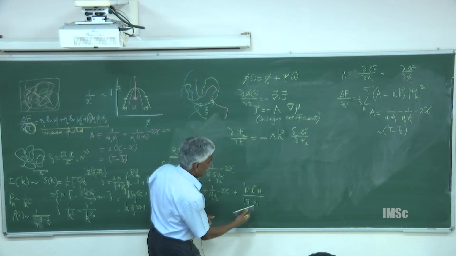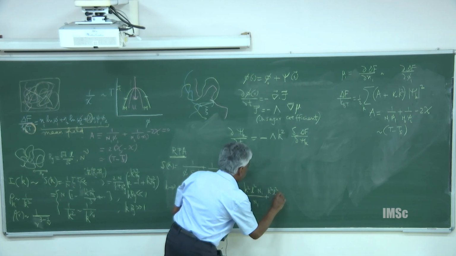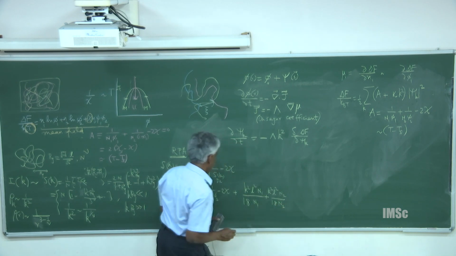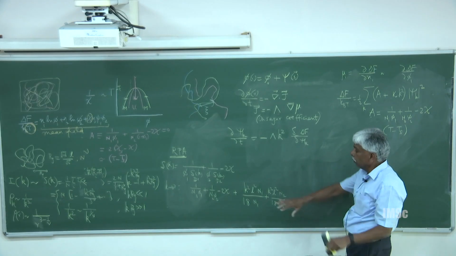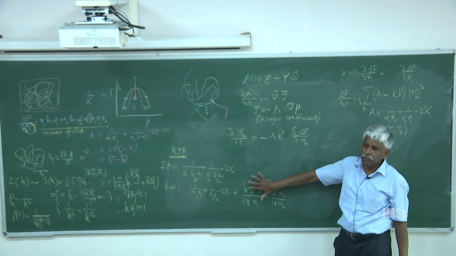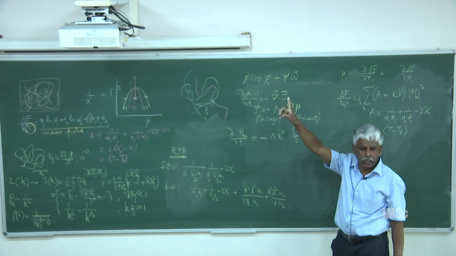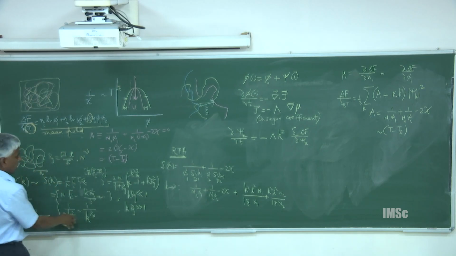Similarly, for the other component. So, therefore, I could rewrite this n, okay. Similarly, for that component k square L square n2 divided by 18 n2. So, if you have particles, this will not come about, right, because the structure factor, form factor of a sphere is 1. There is no k dependence, right. There is really no k dependence, right.